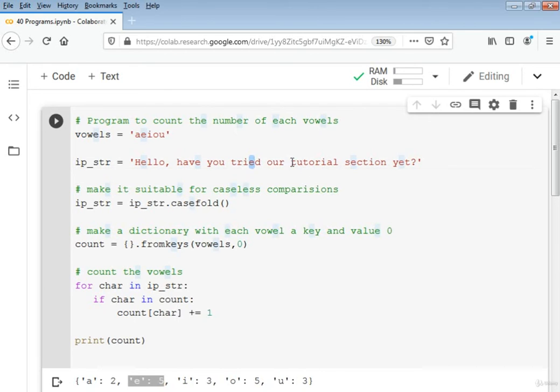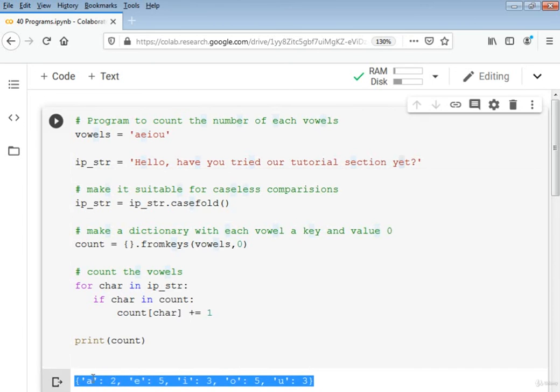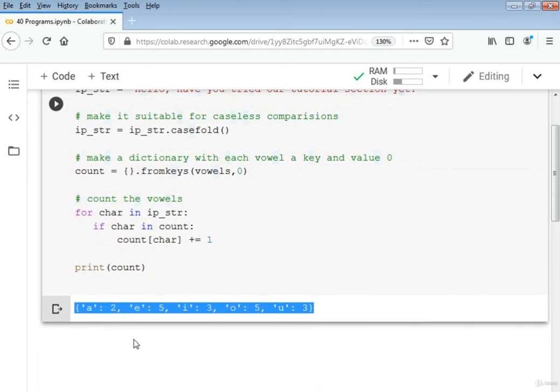So here we see that 1, 2, 3, 4 and 5. So you see here that these vowels are printed in the output in the form of a dictionary.